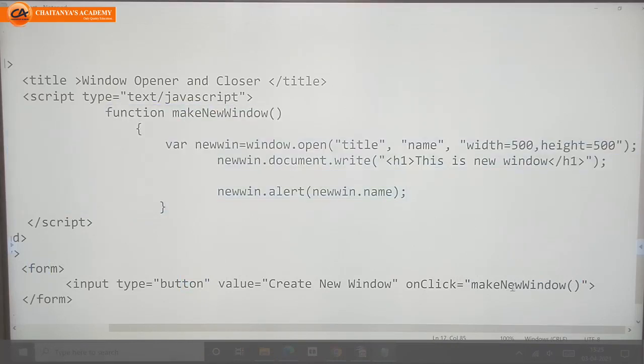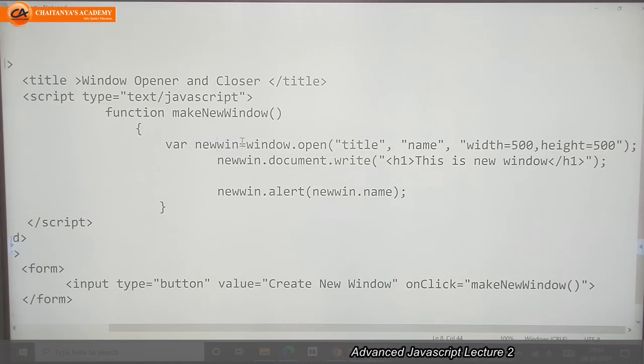So for that purpose I need to write another program, and this function I will write in the script tag. Here I will take one variable. Which variable do I want to take? This is not any string, this is not any number. Variable means we can take a number, string and so on, but I don't want to take a number or string.